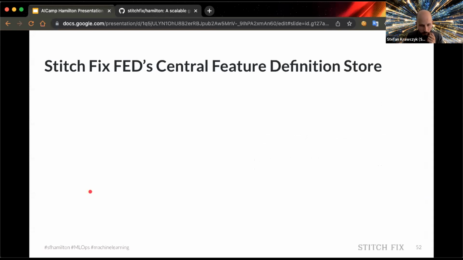Is Hamilton compatible with Apache NiFi? I'm not sure what Apache NiFi is, but I'll look it up after the talk. Feel free to ping me afterwards. Okay,